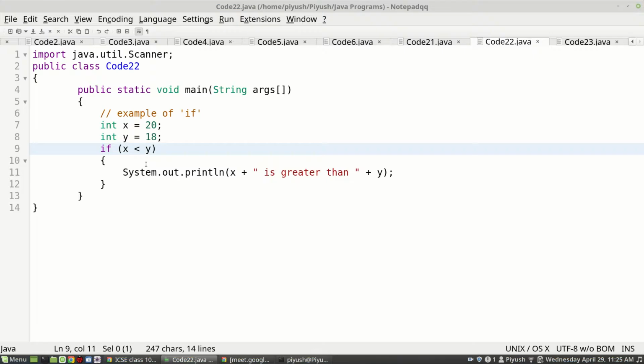Like I said, if will only go inside its block when the condition that you are giving results in true. However, in the earlier case, when x was greater than y, this condition evaluated to true, it was replaced here in the background, and then if true, if by its nature will go inside its block, which is contained within its own pair of opening and closing braces.